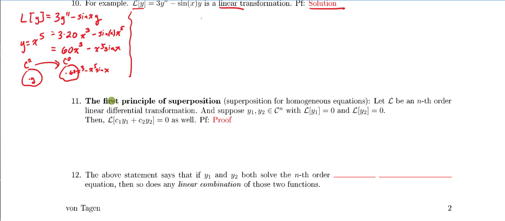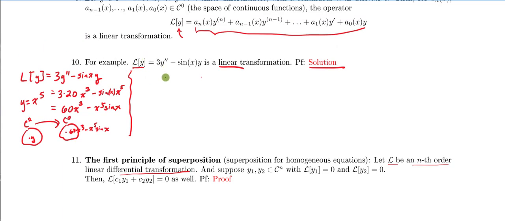So, folks, what we've been building towards are these principles of superposition. And the first one that we want to talk about says, if we've got a linear differential transformation, what do I mean by that? I mean like this L that we described up above here, where this L looks like the left-hand side of, and this part's important, an nth order linear differential operator like we have here. Then suppose we have two different functions that when we apply the linear differential operator to them,